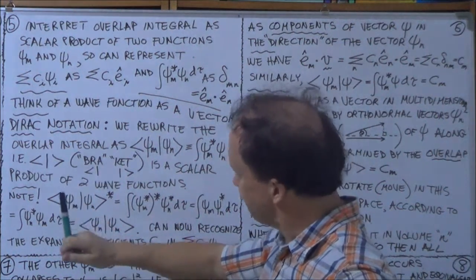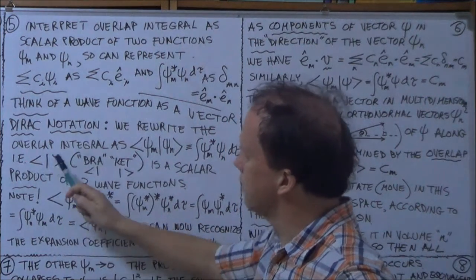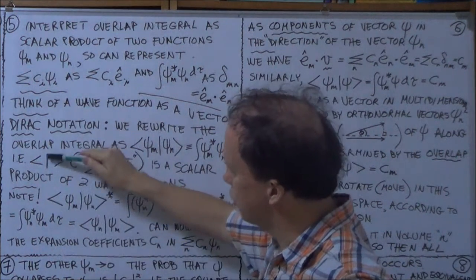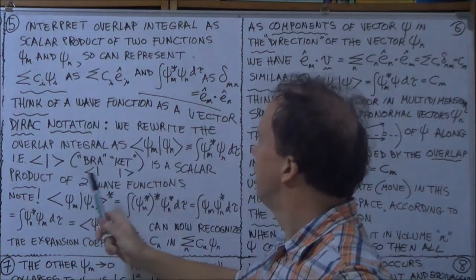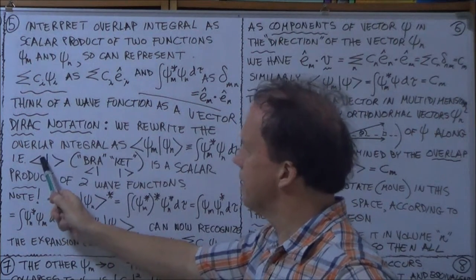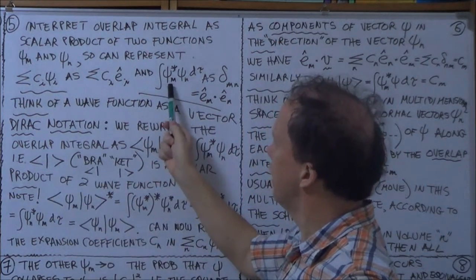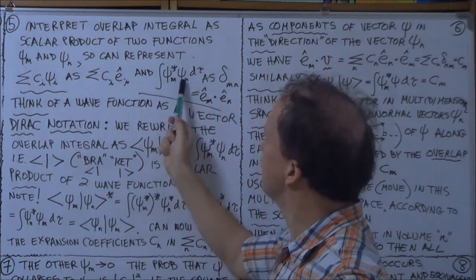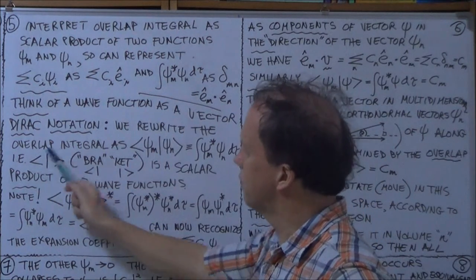So this is what a bracket looks like when you put them together. Instead of having two vertical bars, you just have one. Now what goes in this space here would be your psi m, and what goes here would be your psi n. And the fact of these two angular brackets